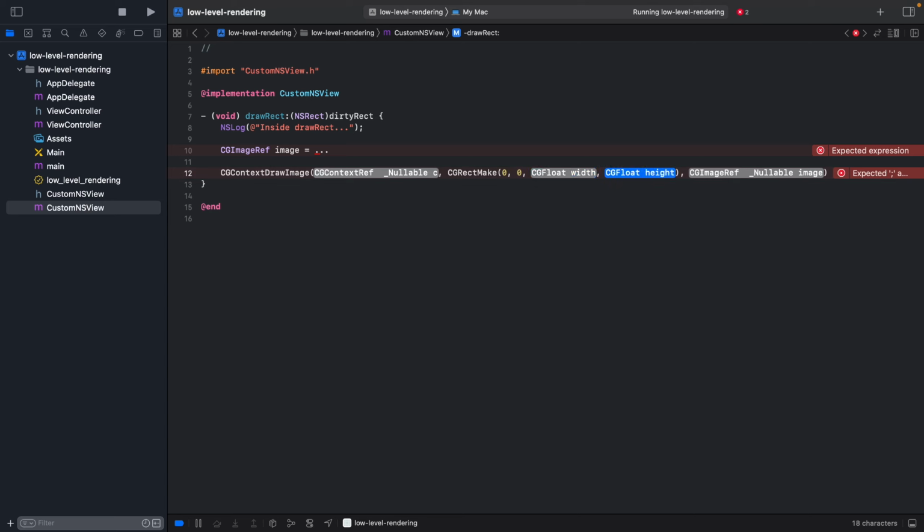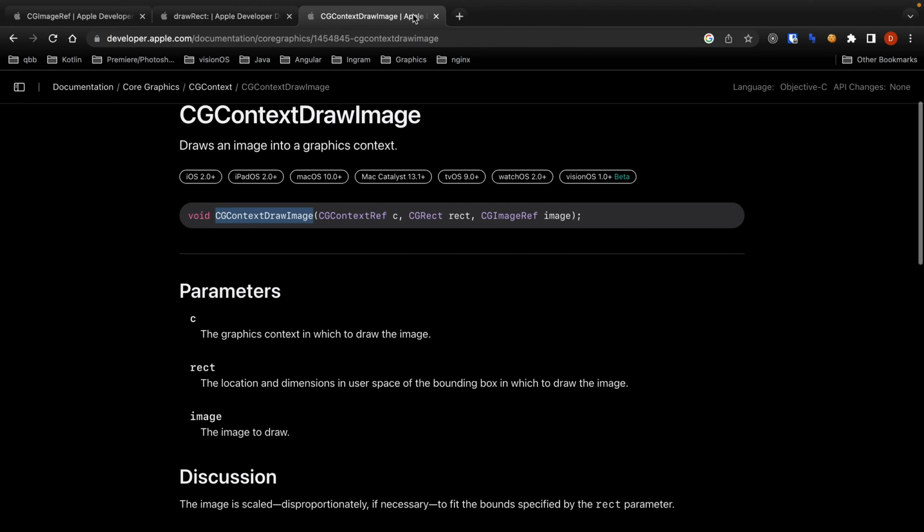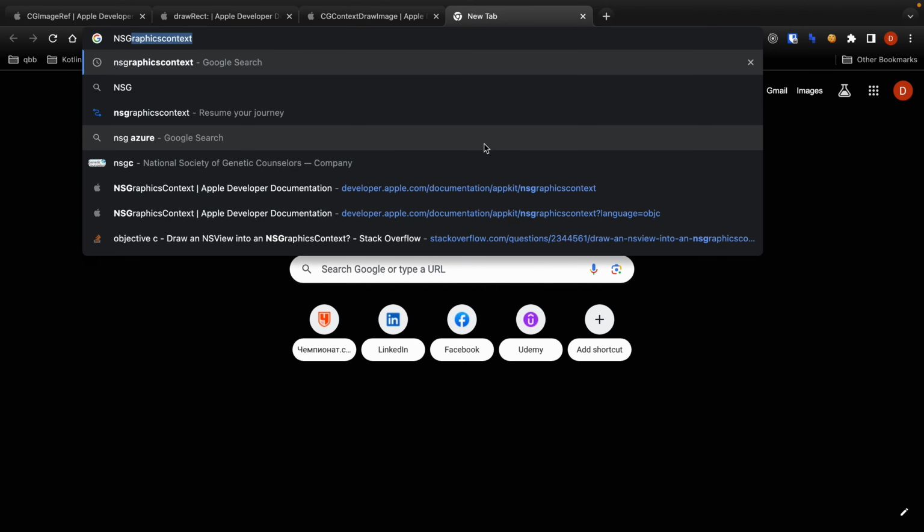So we need to somehow get a width and height of the current screen. We'll deal with that a little bit later. And then there is the CGImageRef pointer to our image, and we will already have it by now. And now we need to get a hold of this graphics context that represents the current window. And there is this nice API that Apple has for that,